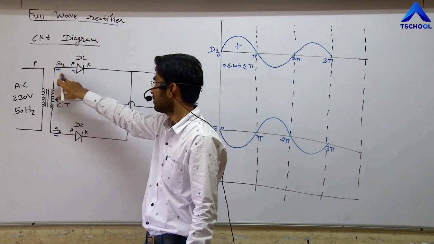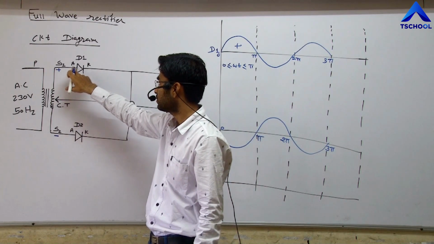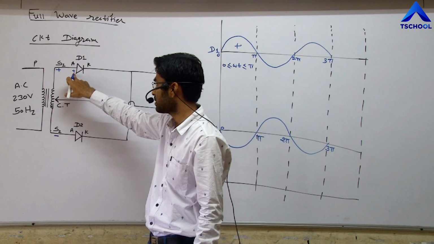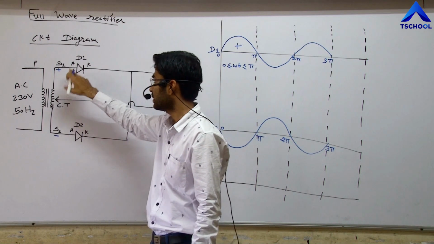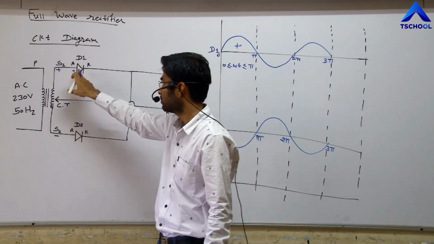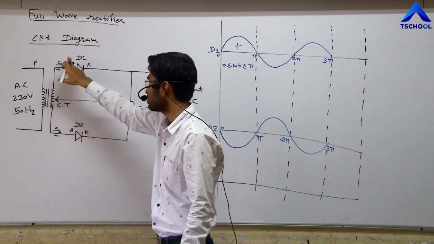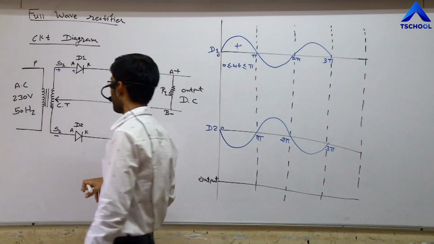With S1 positive, the A terminal, meaning the P section of the PN junction diode, is positive, so diode D1 is in forward bias mode. D1 allows the current to flow through it. Now,